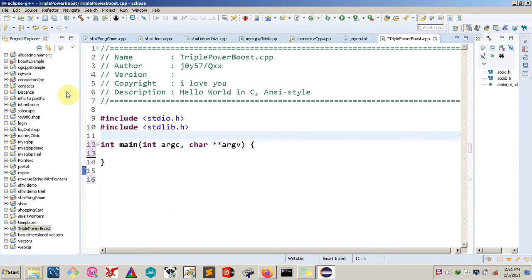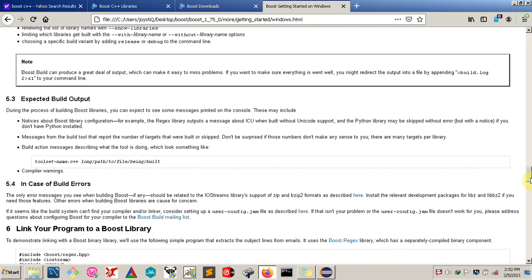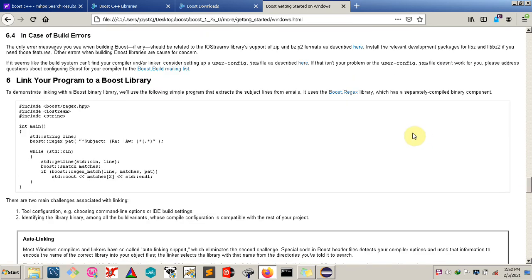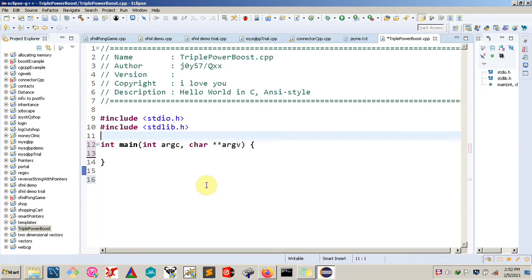So the other thing that we need to do is go back to our documentation. There is a very nice example that we can use, that is using the boost regex library, and it is actually matching an email subject and displays it. So I'm just going to copy this bit and paste it in my C++ program inside the main function,